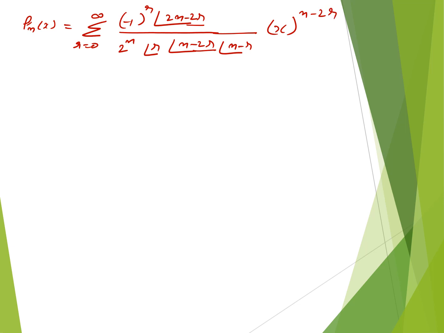If we expand this term, we get the previous Pn(x). This Pn(x) is defined as the Legendre function.